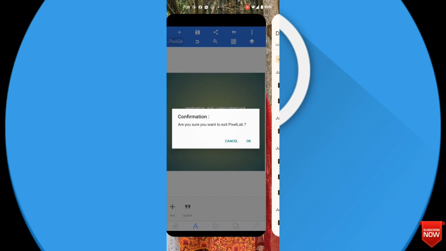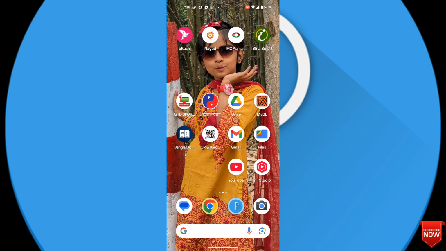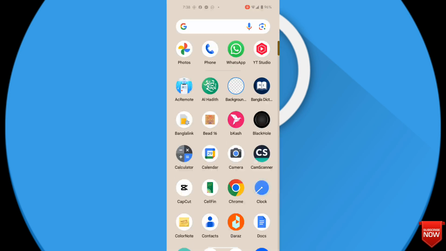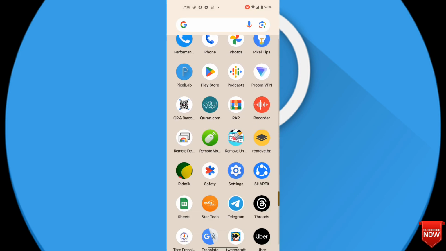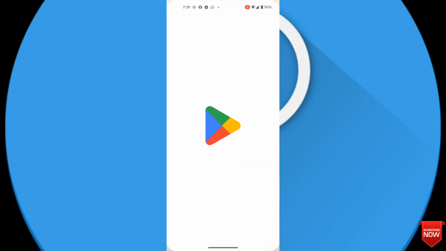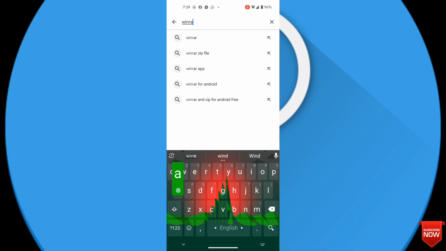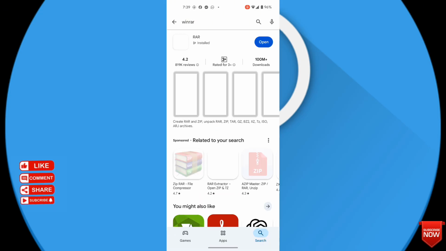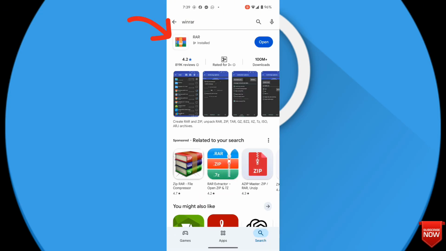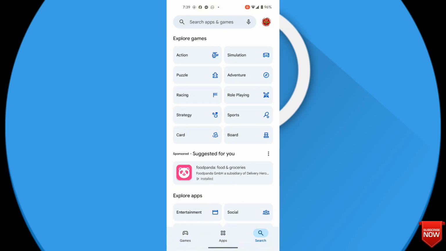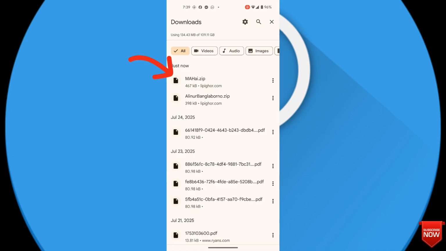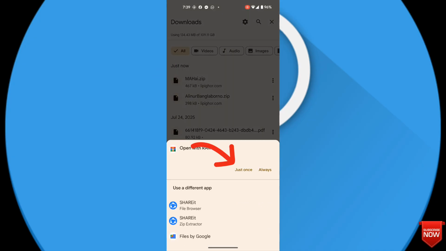Before clicking here, I will go to the Play Store to install WinRAR software for unzipping. So I will go to the Play Store and write here WinRAR or only RAR. This one I will install. You must install it. So after installing, you will click on this font and just now